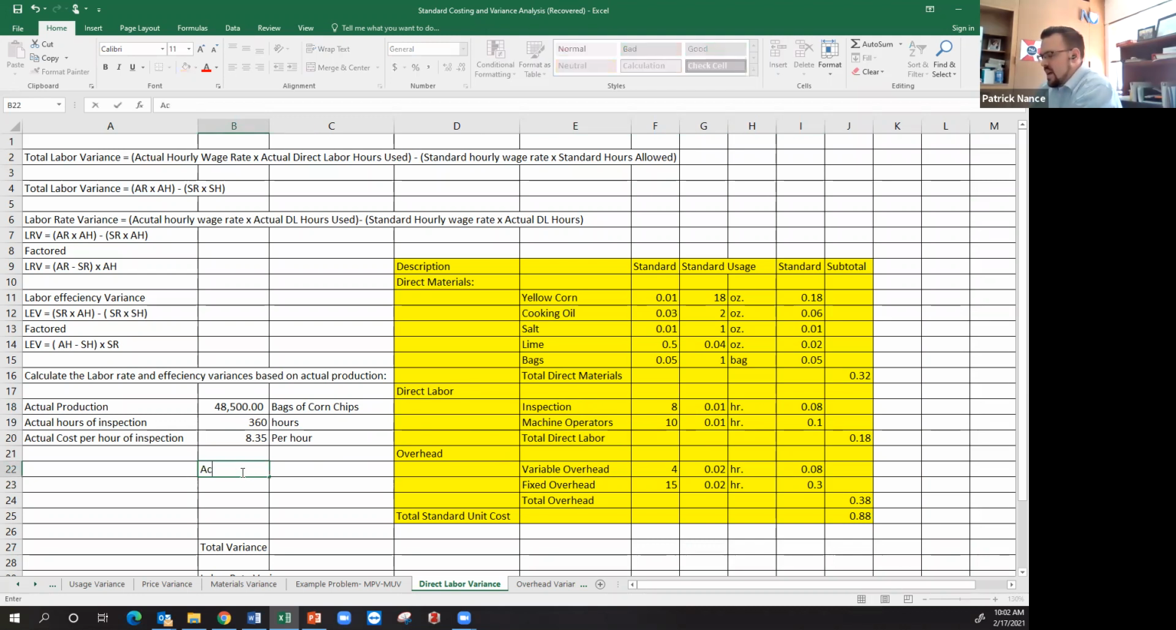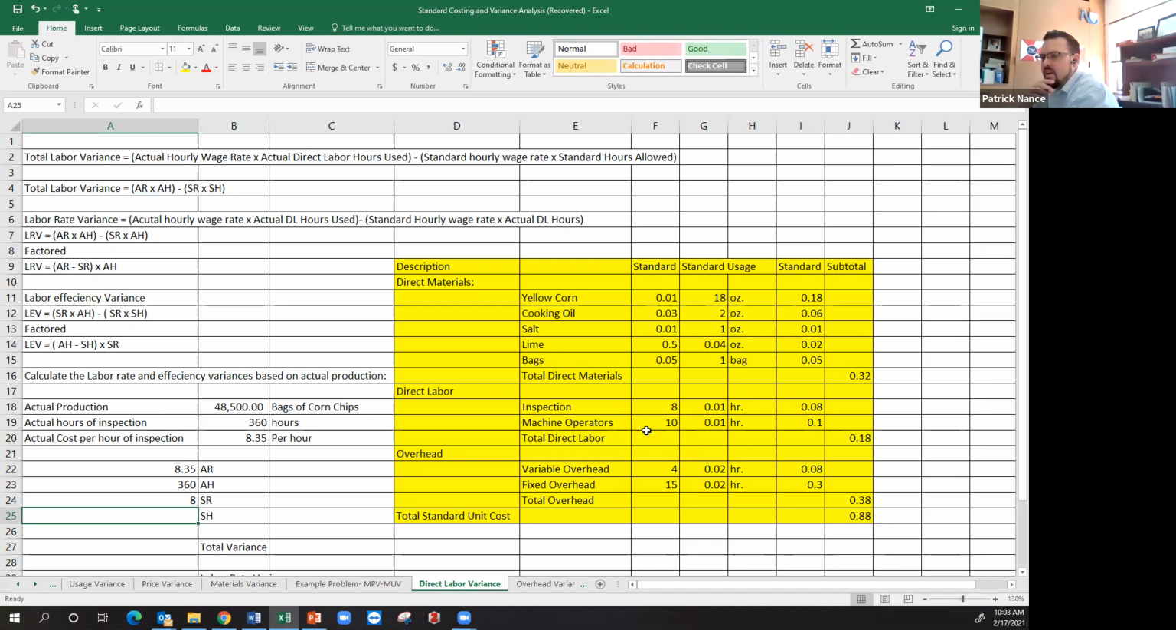So I need to find my actual rate, my actual hours, my standard rate, and my standard hours. My actual rate is this $8.35 per hour. My actual hours is 360. My standard rate is $8 per hour, and my standard hours